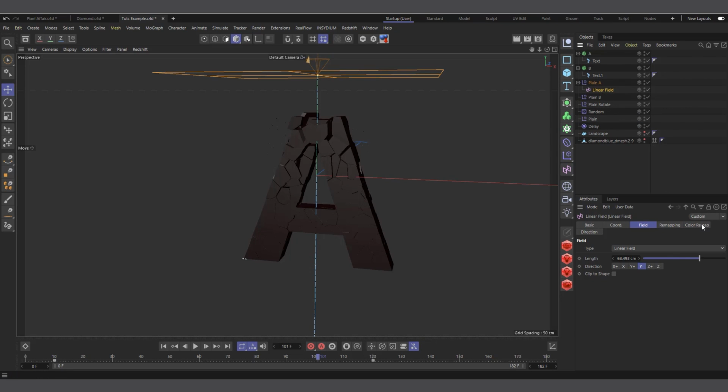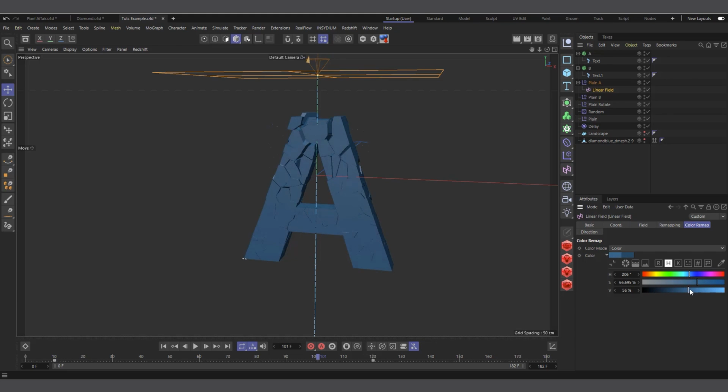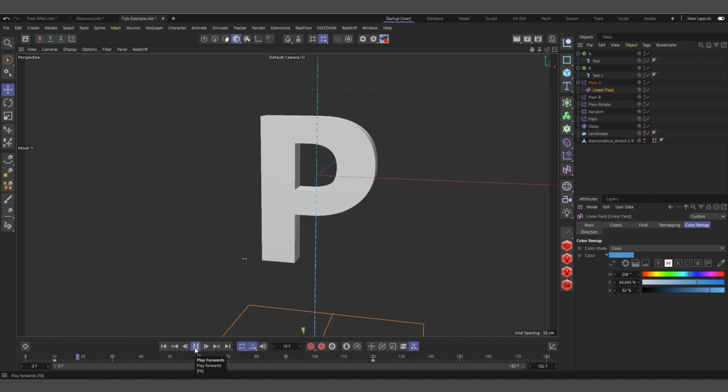Select the field and come to color remap. You can see the color it's giving us. If I change it to, say, blue or something, this color, you can see the color it's given us. Right, so now if I hit play,